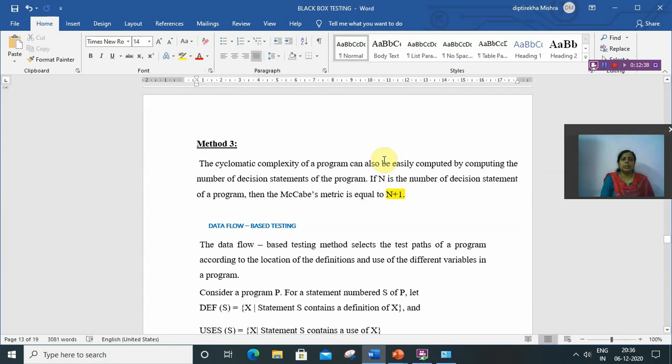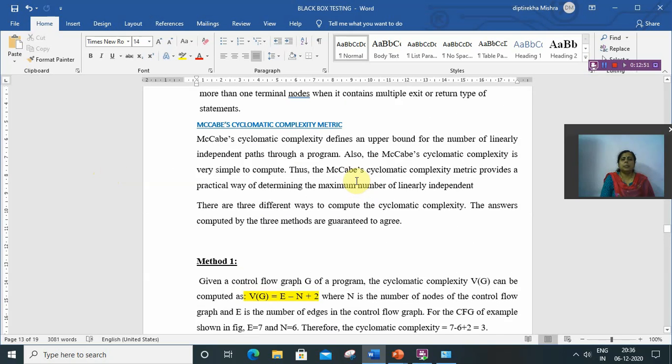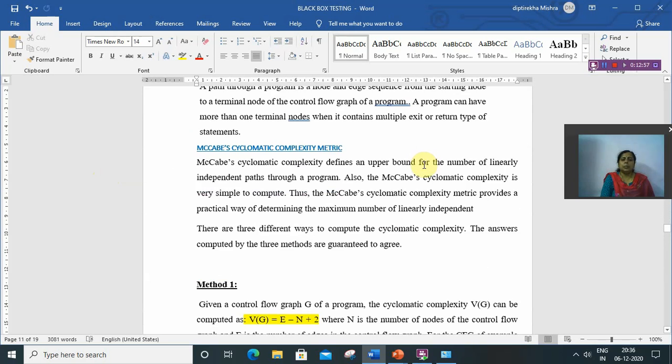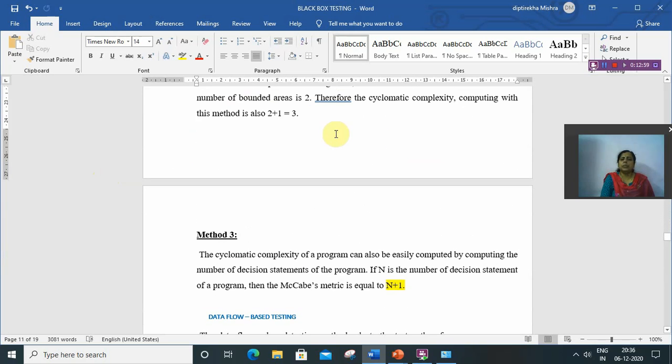Okay, method 3 says that the number of decision statements of a program plus 1. In this case the number of decision statements is 2, so the number of decision statements plus 1 gives 3.